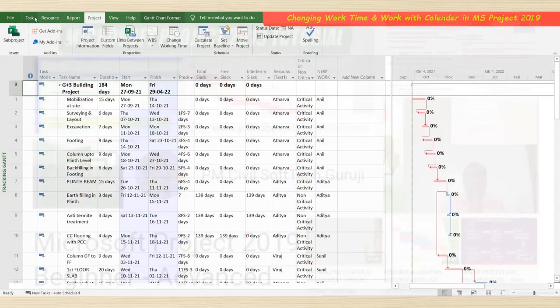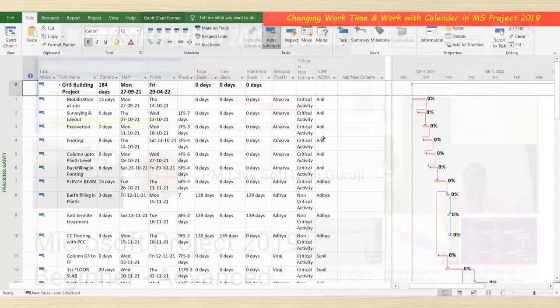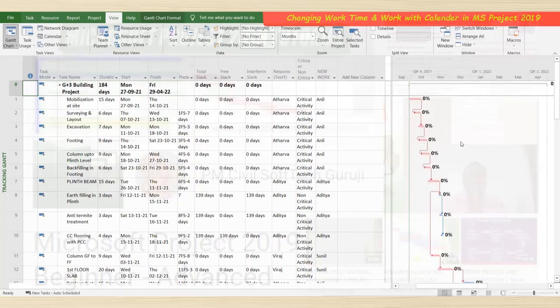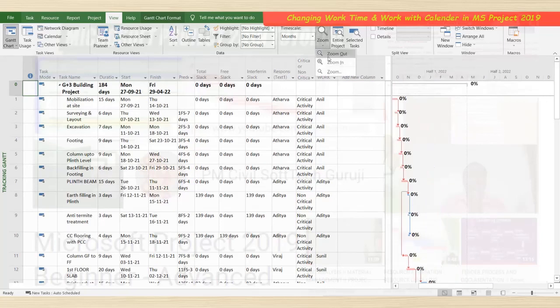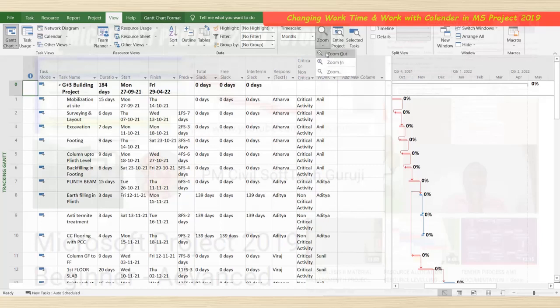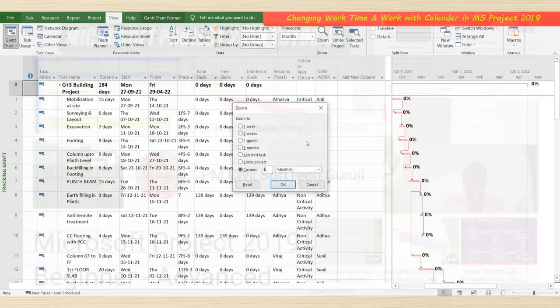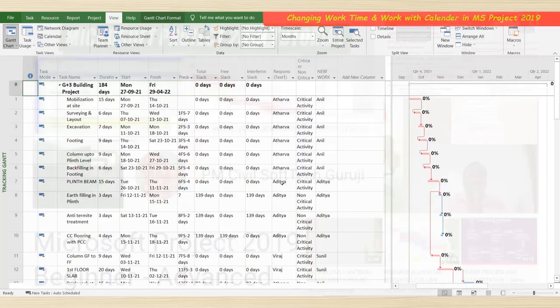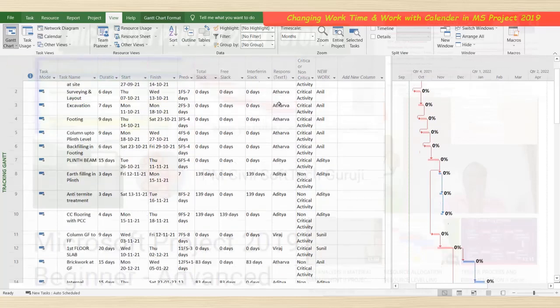So you just go to Task, go to Gantt chart. So here, in View, zoom in, zoom. So the duration may be changed.